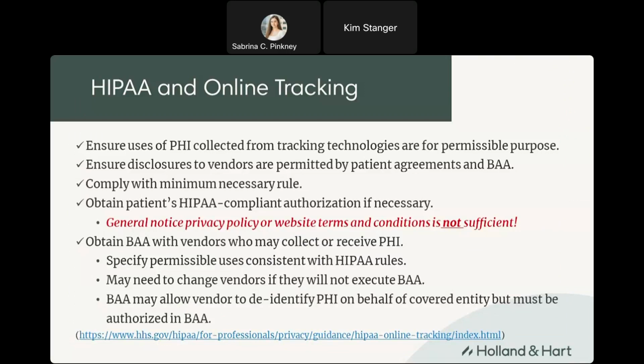As long as we're talking about it, the government identified some of the things that you need to be concerned about when dealing with online tracking. You need to ensure the uses of PHI collected from the tracking technologies are for permissible purposes, like we talked about, like treatment, payment, or healthcare operations, or you'd have to get the patient's authorization. You need to then ensure the disclosures to the vendors are permitted by the patient agreements and the business associate agreement. You need to make sure you comply with the minimum necessary rule. You need to obtain a HIPAA-compliant authorization if necessary, if it involves PHI and you don't have a permissible